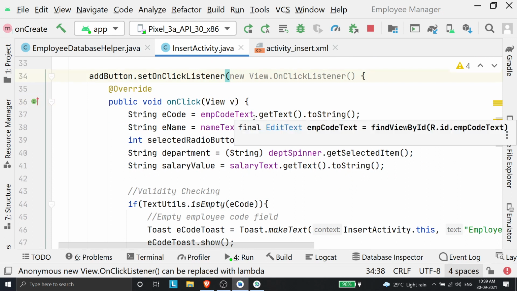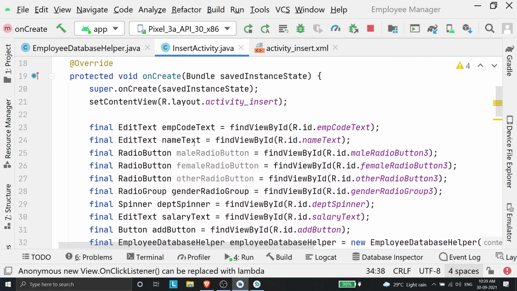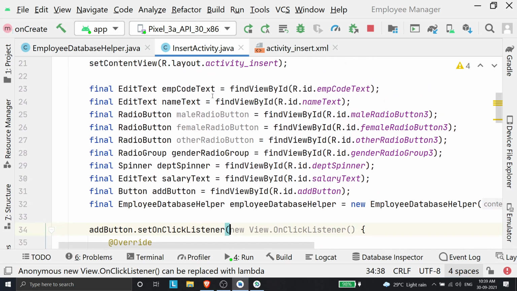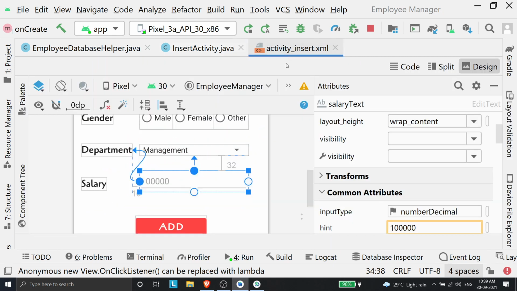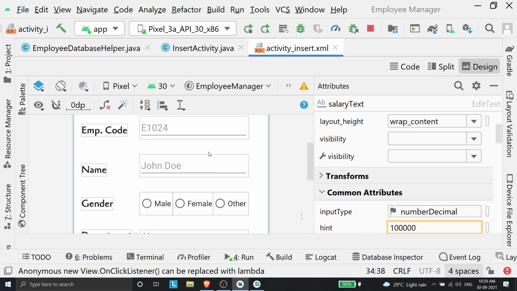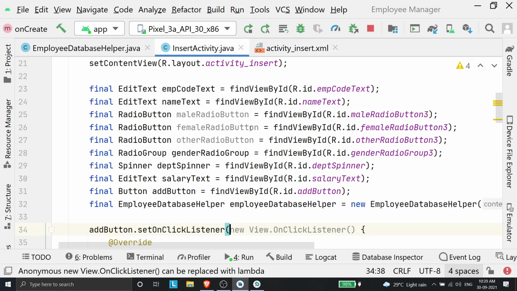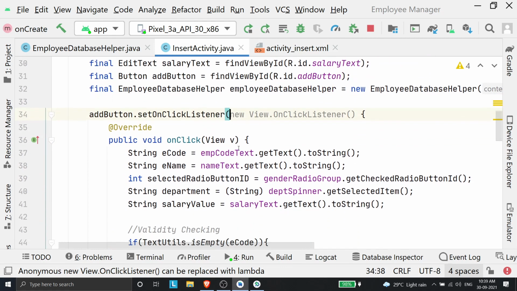you need to get the values from the UI components one by one. For that, I need to reference these variables, these objects that I use to store my UI components. So mcode text refers to the mcode text UI component that I created over here. Similarly, name text will refer to that component, and so on. First, mcode text.getText will get whatever text is inside the mcode text box, and then it will convert that to a string, and I'll store it inside an employee code string called ecode.